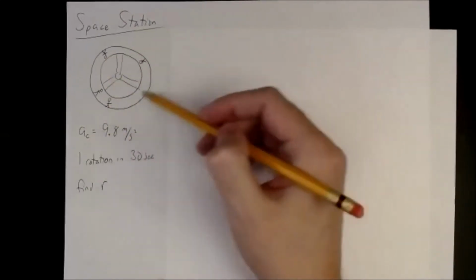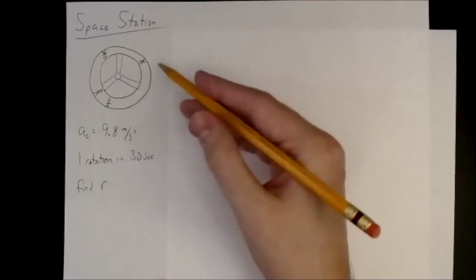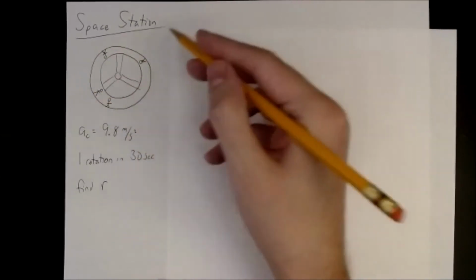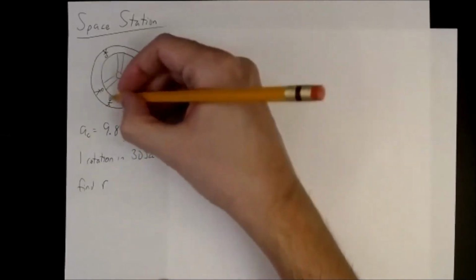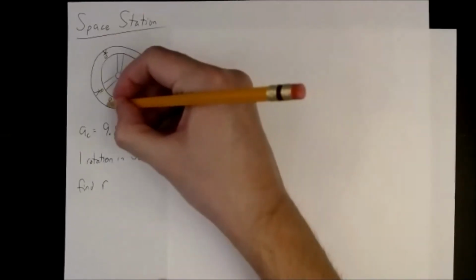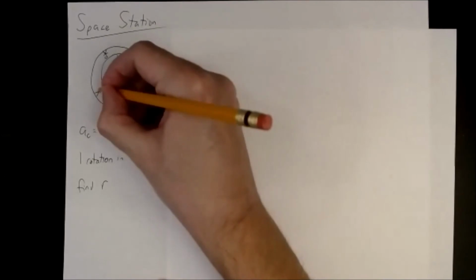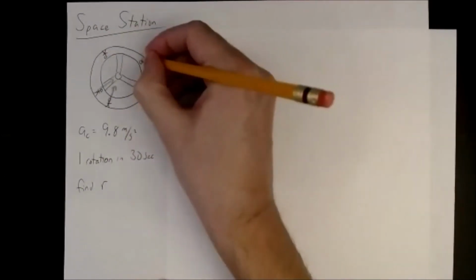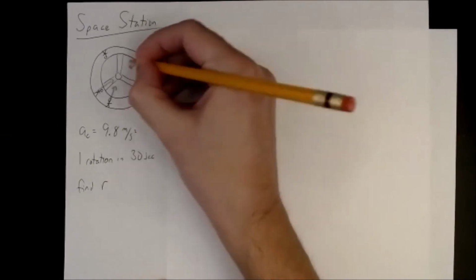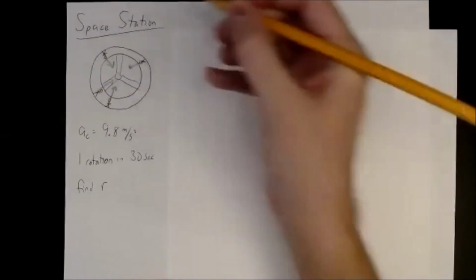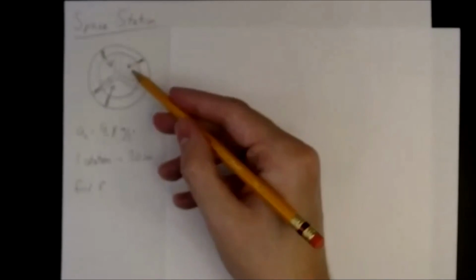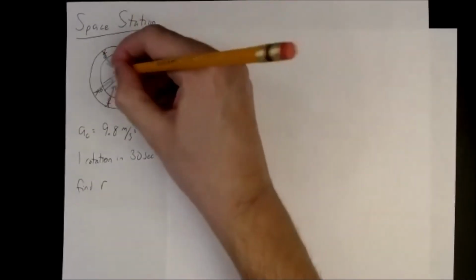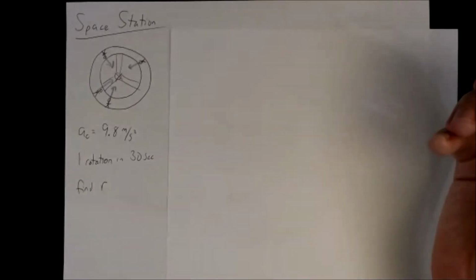Here I have the space station that I want to build, and you can see everyone is just sitting there on the outer edge of the space station. Each of them is going to be experiencing a normal force pointing inwards. They all think that the outer edge of the space station is the floor, and so they all get an inward pointing normal force. That inward pointing normal force is the centripetal force, because it's pointing towards the center of the space station.